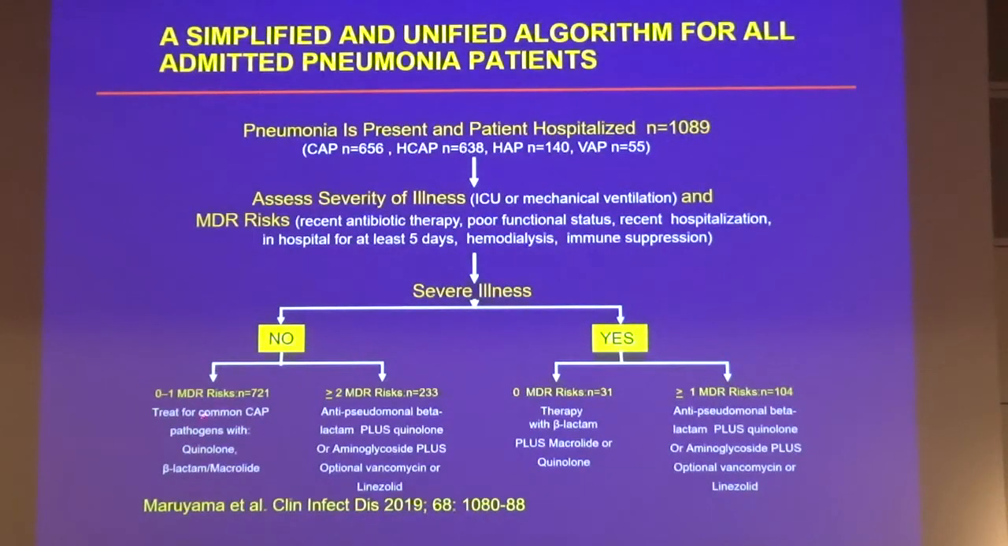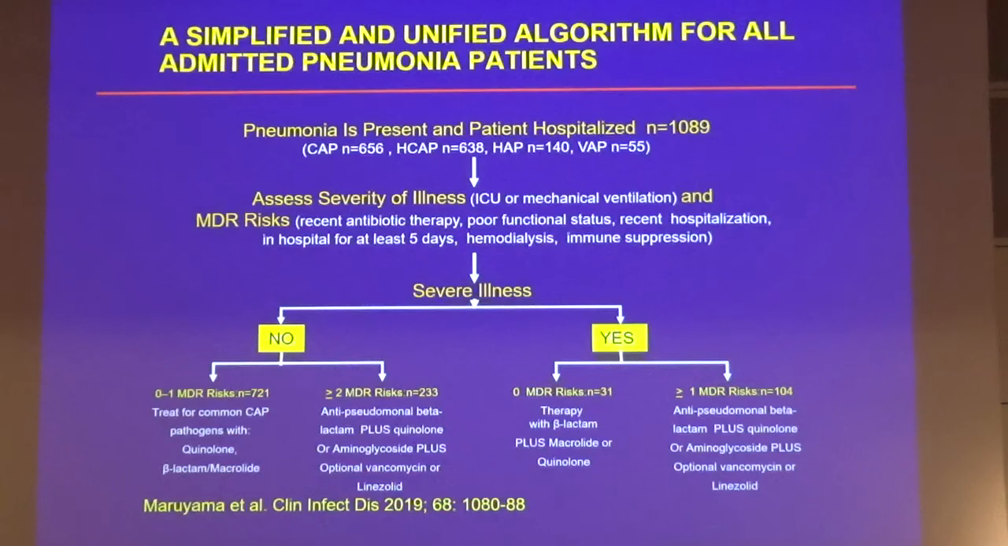Group 1 got treated for CAP pathogens with either a quinolone or a beta-lactam macrolide. Group 3, who were severely ill, got, again, a beta-lactam with a macrolide or quinolone. Groups 2 and 4 were more at risk for MDR pathogens. Group 2 was not severely ill, and the recommendation there was an anti-pseudomonal beta-lactam plus a second anti-pseudomonal drug like